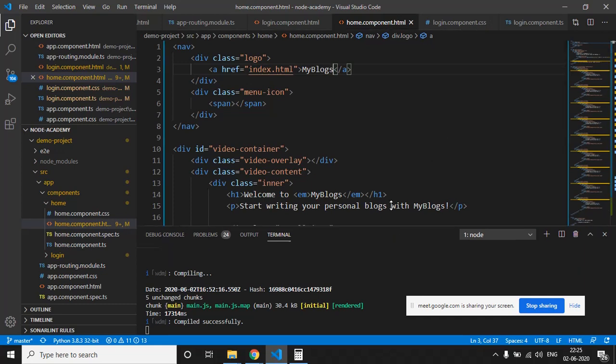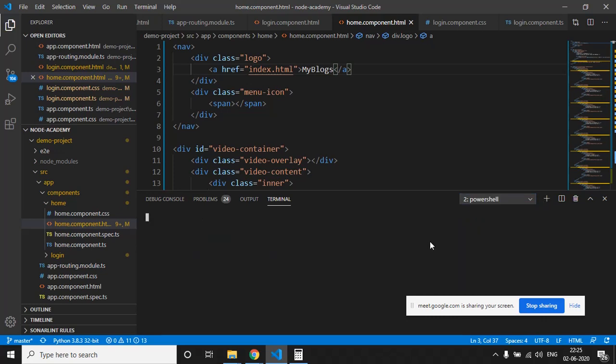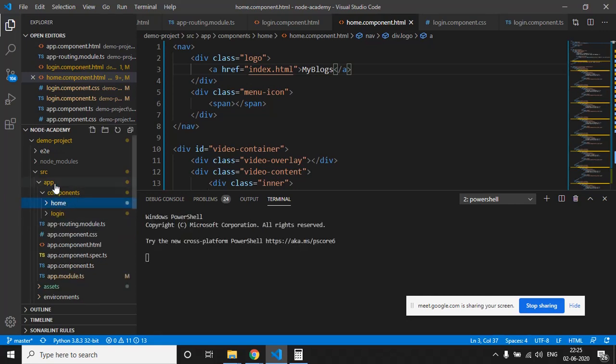We also need one more thing: for showing the blogs we will need a blog component as well, right? So first of all, let's create a component for blog. We keep all our components in the components folder which is present in the app folder. So just go to that path first: cd demo project, then src, then app, then components.